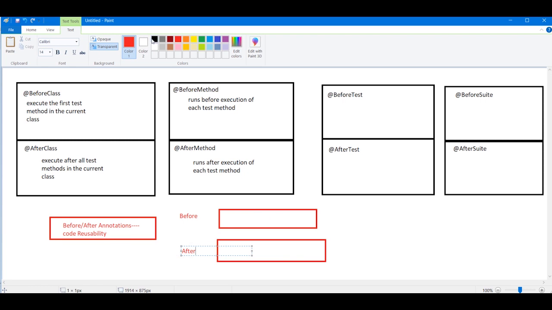For the before method, these are pre-initializations, like opening a browser.